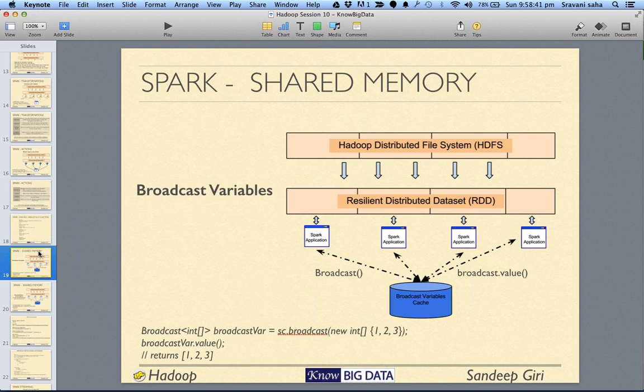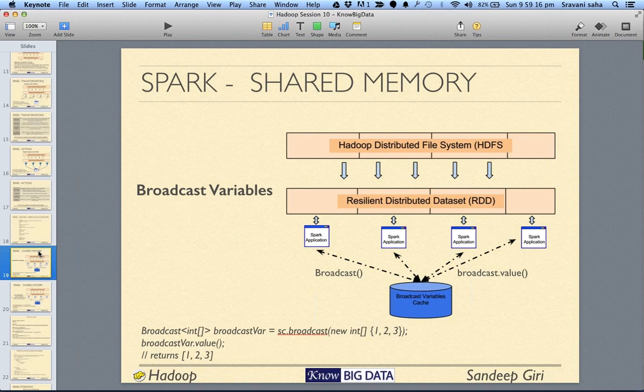Okay. Now next is, as we saw in earlier sessions also, time and again we needed to coordinate between various nodes. One map phase needs to talk to another one, and that is not something very exceptional. Those kinds of problems were difficult to model, and we needed to use things like zookeeper in order to do coordination between multiple nodes.